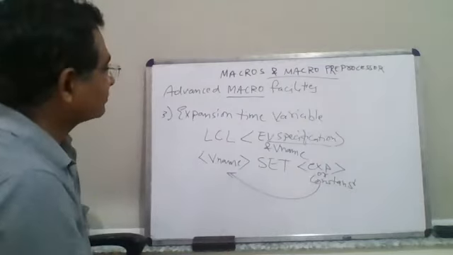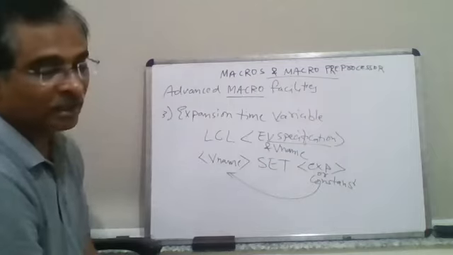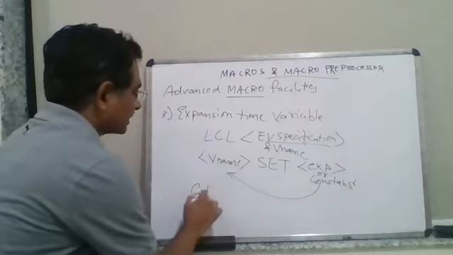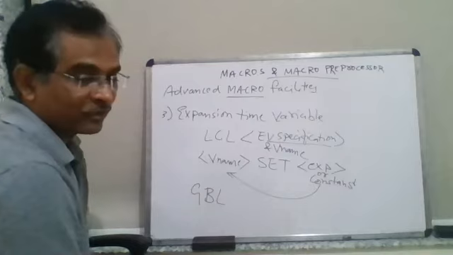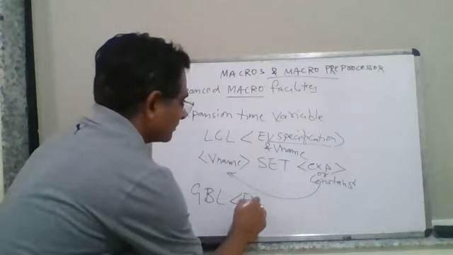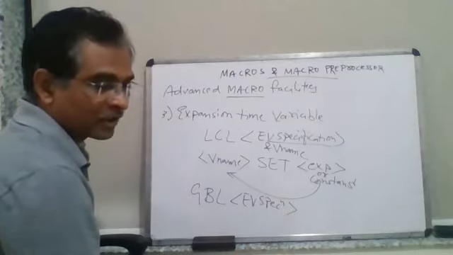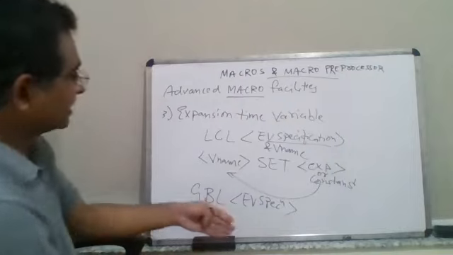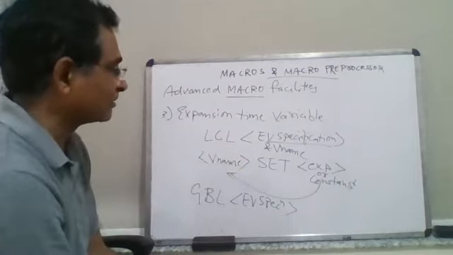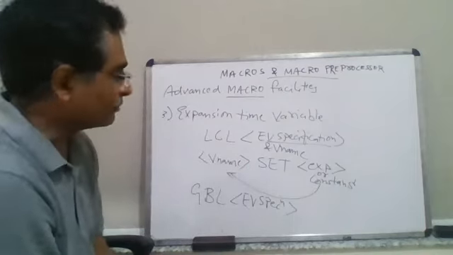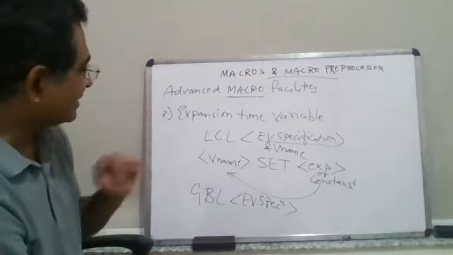So one thing that we have seen is the local expansion time variable, which is local, and there could be another, global, also. So there could be a global expansion variable also, GBL in capital, right? GBL followed by expansion variable specification, EV specification, and you will have one or more expansion variable specifications in this way. So you just say that this variable is a global variable, here this variable is a local variable, and then you have to set the variable value before you can use it. This is something like a shared variable, and this is local to the macro, right? So I think this is easy for you to understand.